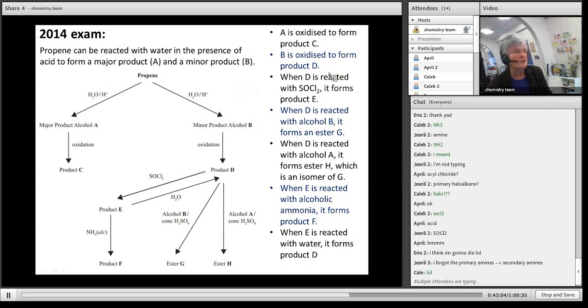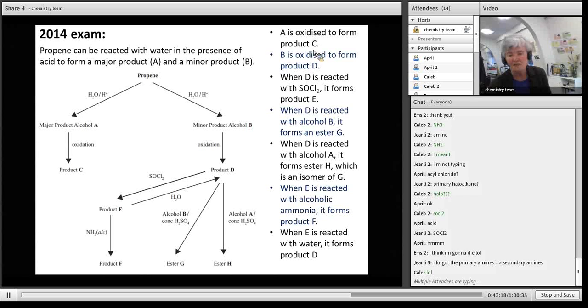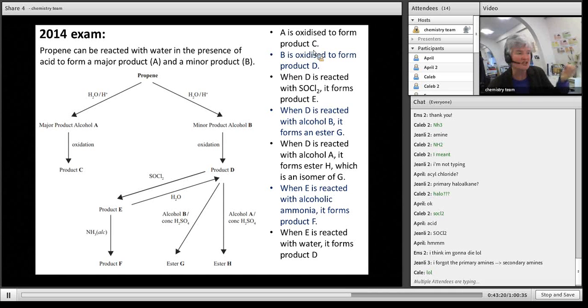So here they told you all this information. Okay, A is oxidized to form product C. That's actually another way you can learn reactions, is by the reaction type. Is it an oxidation, addition, elimination? I'm trying to get my husband to make a Tetris type of game so that as reactions come down, you can slot them into the different boxes, but it'll eventually get done. Okay, so